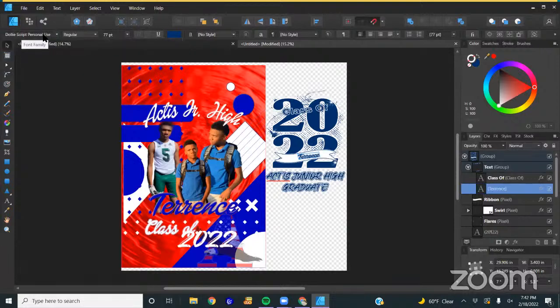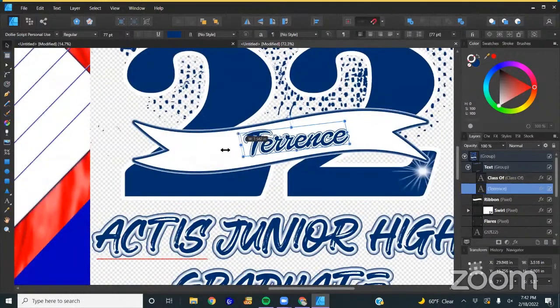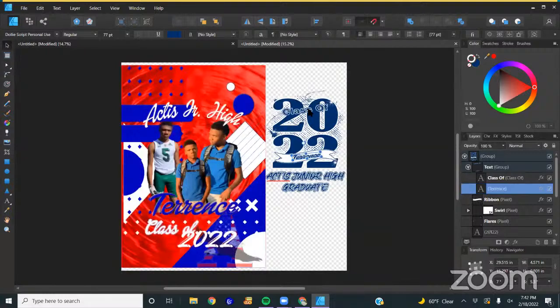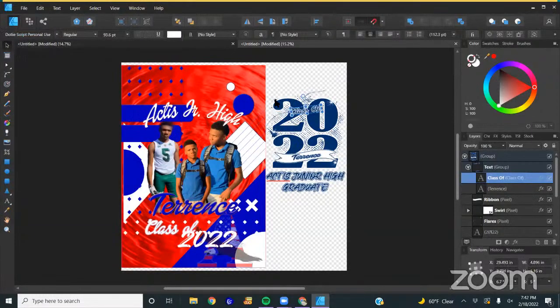The cursive is Dolly script, and the other one is called the creatures or something like that. So let me resize that. All right, and then this one I'm going to change to Dolly script as well because I want it to be the cursive font. Boom. Let me enlarge it a little bit.